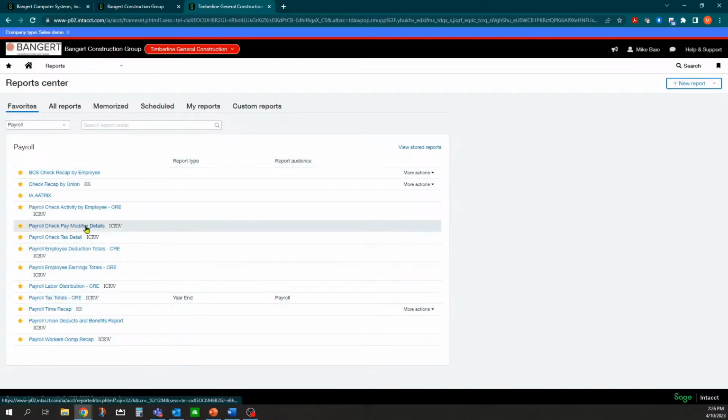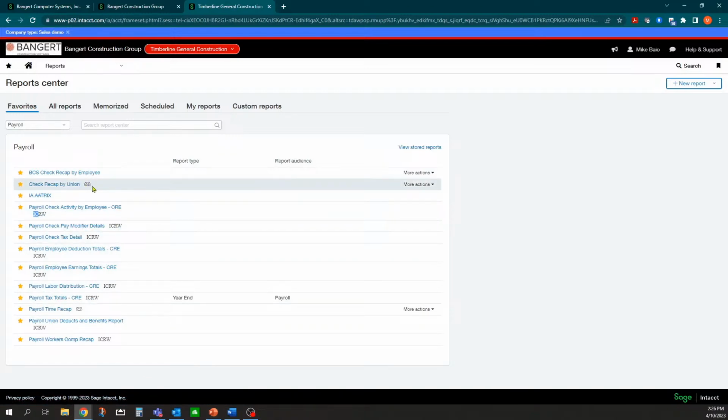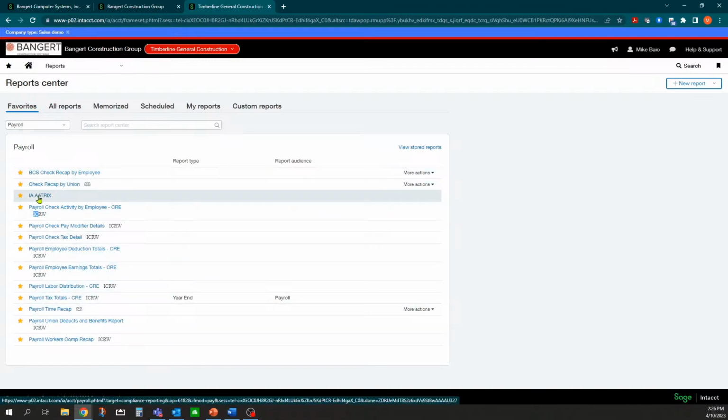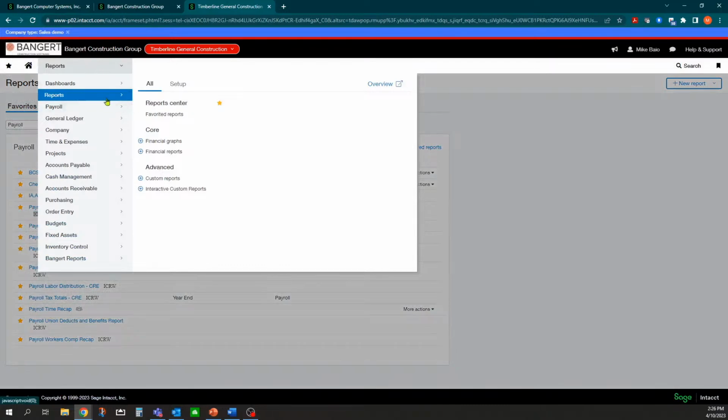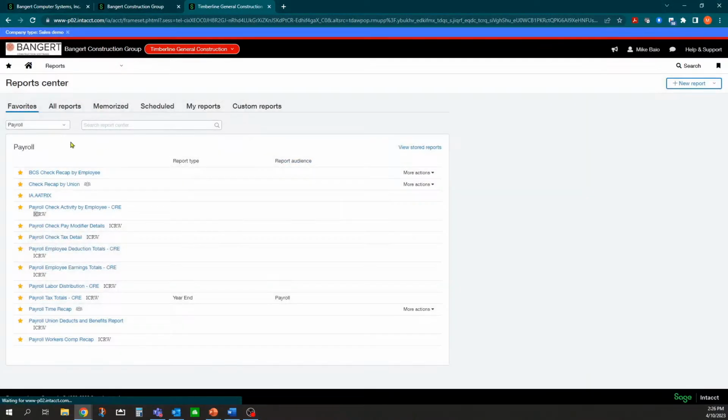So for example, you can tell that these are ICRW reports. These are what's called custom reports. They can all be in the same menu. This is the Atrix menu link to the payroll module, so you can get to it all from within here. And what's nice is if you go back up to reports, Report Center, you can get right into your favorites right from this menu right here. So typically you're going to come in here, you're going to select your reports from your favorites menu in your Report Center, and it makes it very easy to click on these as well.